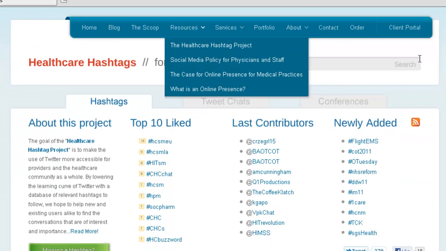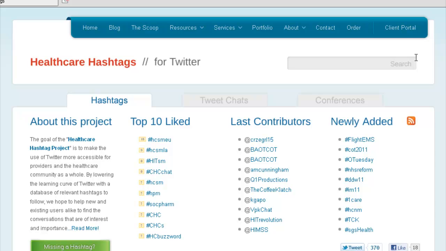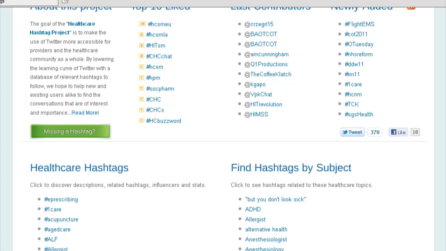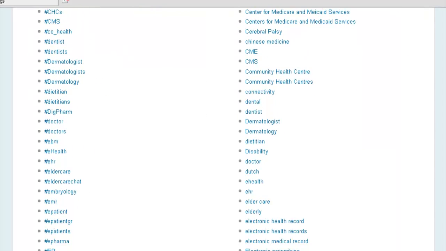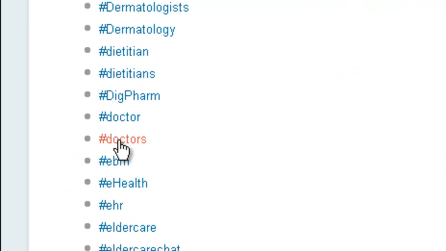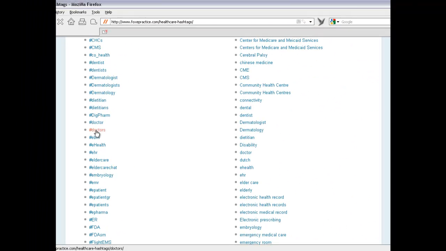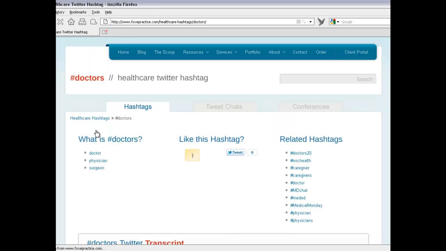Now, there's lots of stuff to look at and to do on these pages, but for the purpose of this demonstration, I'm just going to scroll down here and select a hashtag so that we can go to that tag's page. And how about we select the hashtag doctors as one that we're interested in. And okay, so here we are on the doctors hashtag page,